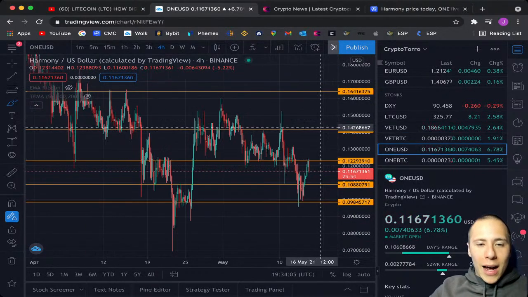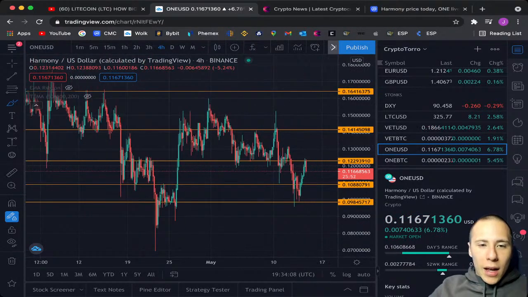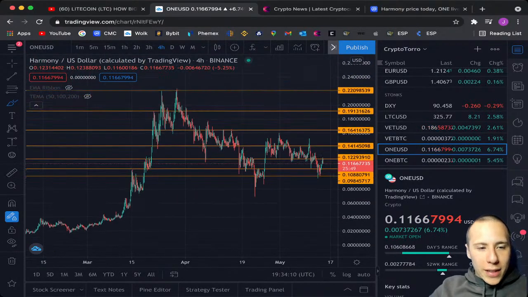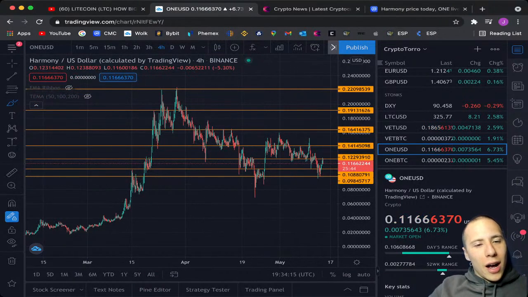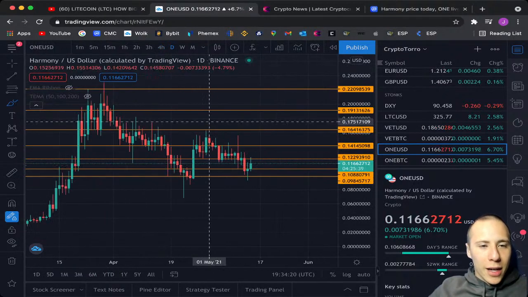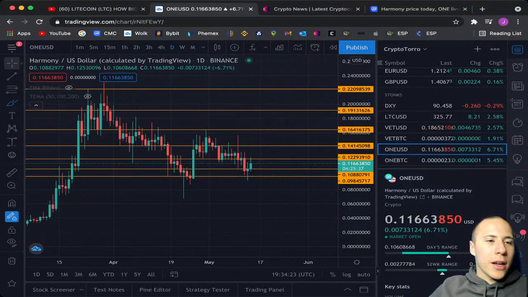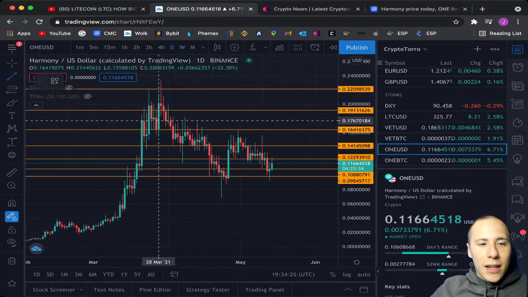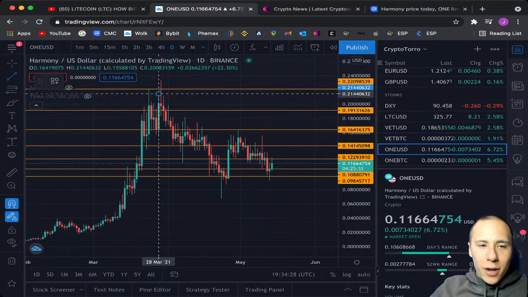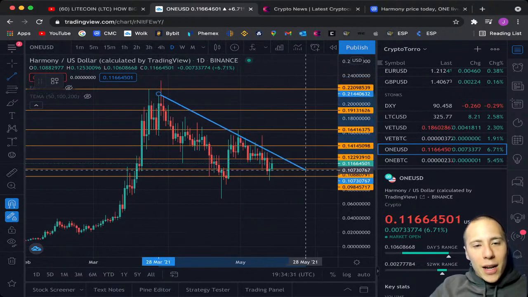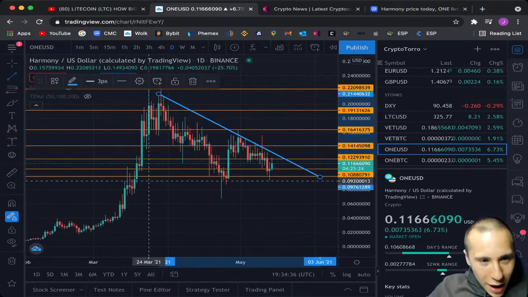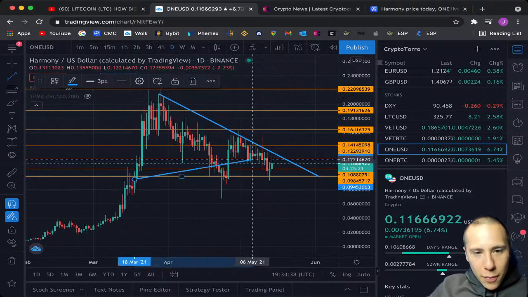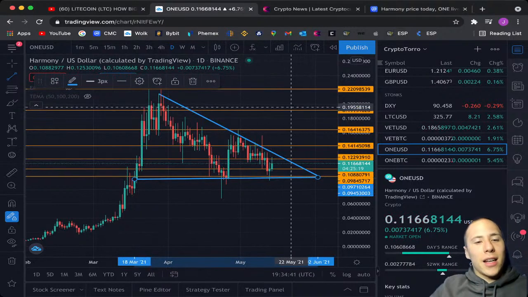And to look at this even more closely, I will be placing what I'm seeing as well on the overall trend. I will be switching over towards the daily candles to take an even better look at it. Yes, what we are seeing over here, I will be placing trend lines, is a descending triangle being created. So overall for Harmony for this moment, I'm not really absolutely pumped about it. Very sorry to say, because I was really hoping that it would be better, but what I'm seeing over here is a descending triangle being created.